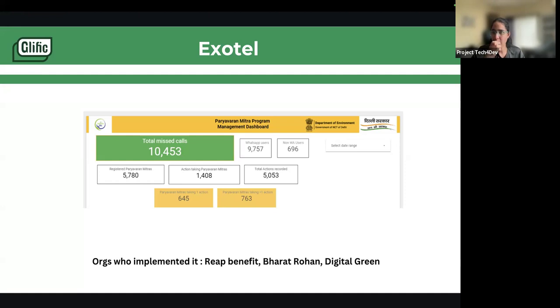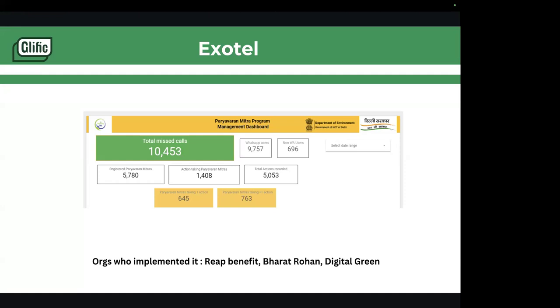Hi, this is Puneet. When you say trigger a message, for example, me as a user, I want to consent and I'm giving a missed call to a number, and when you say trigger a message, I'm getting a message on WhatsApp through this particular organization.